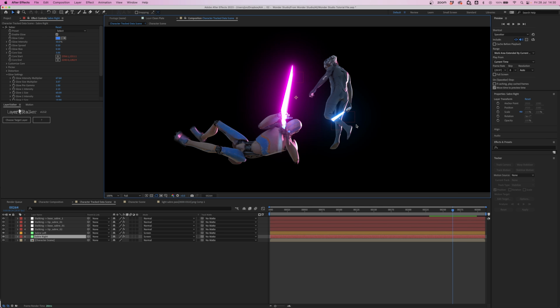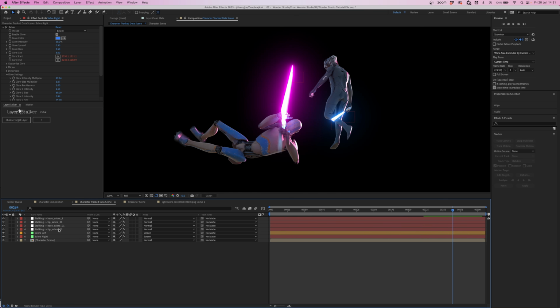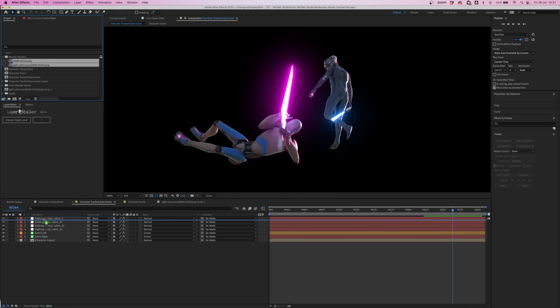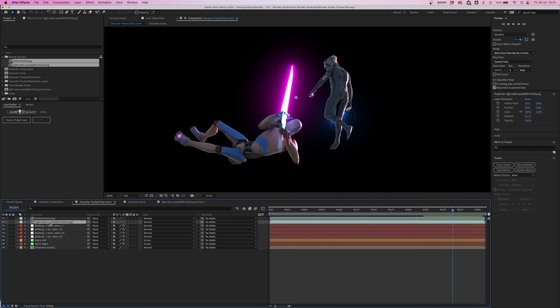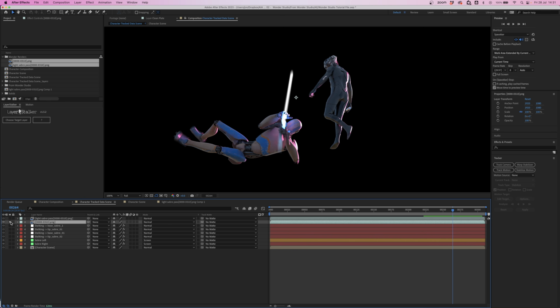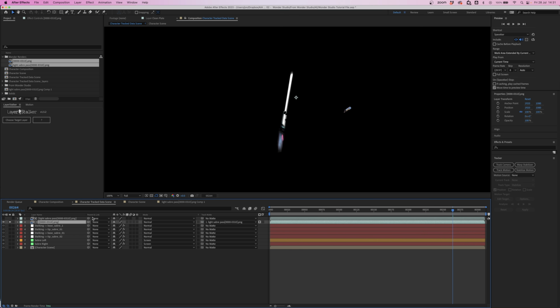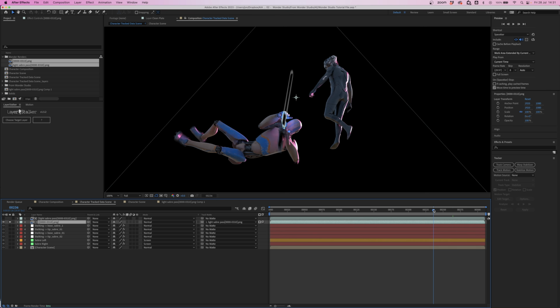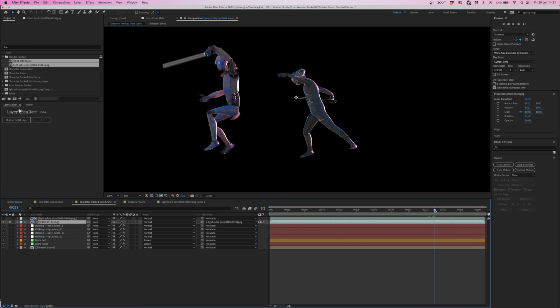There are some sections of the animation where the lightsaber and the saber effect are appearing in front of our character when they should be behind, so we can make use of our separate lightsaber paths from Blender to help fix that. So I'm going to go ahead, grab our lightsaber and our main Blender file, put the lightsaber at the top, and then on our main Blender render, we're going to choose Track Matte and choose the lightsaber pass, which gives us this, and then we're going to invert it.